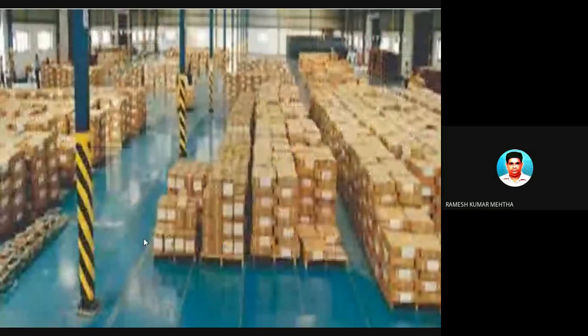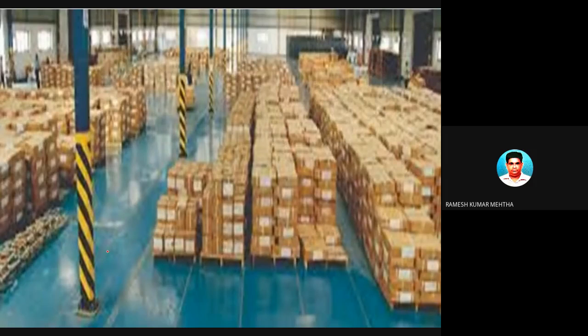So this is another picture of a warehouse where the goods are properly stored. You can see, they have to be stored in such a way that there is proper movement from and within, and at the time when they want to remove goods, they can remove them without any obstacles, as these are properly stored in a systematic and clear way. So it's a very spacious, commodious kind of warehouse.